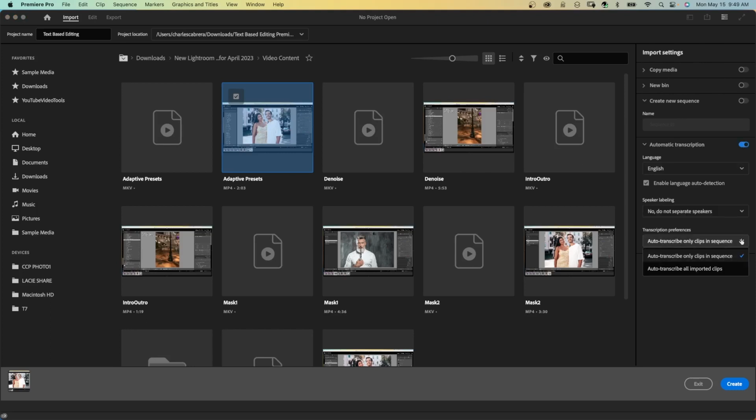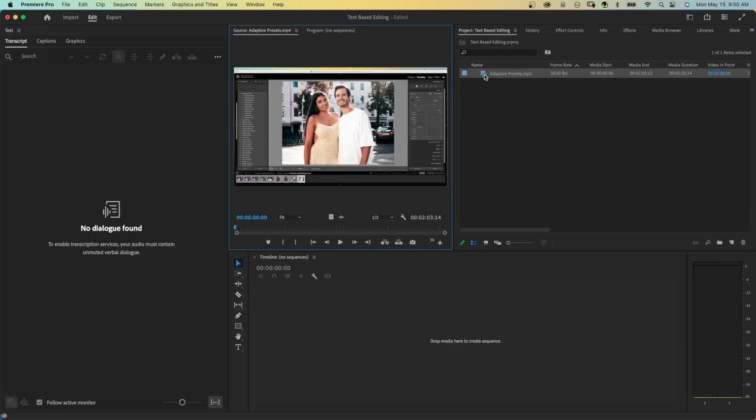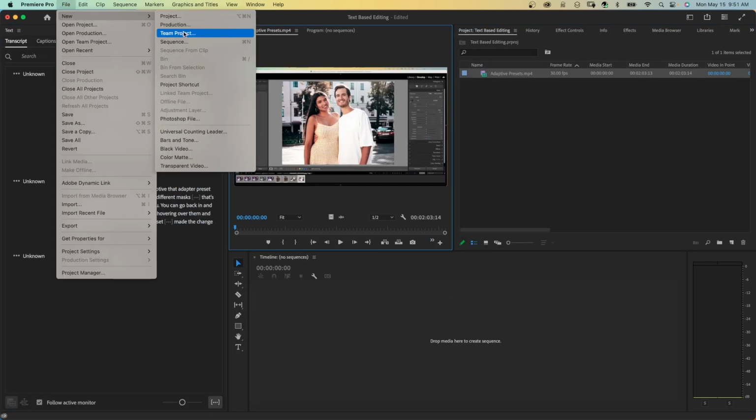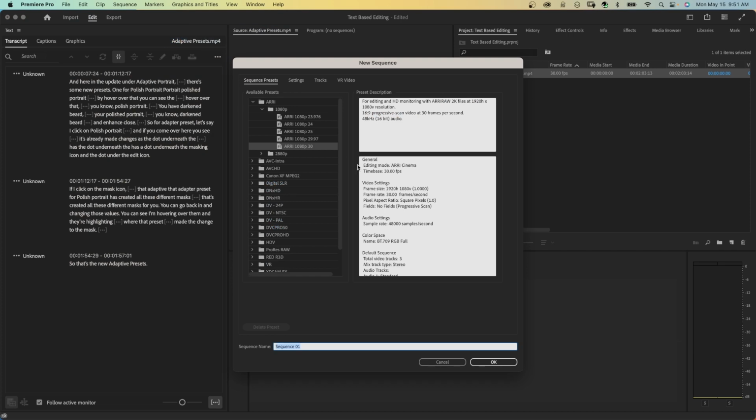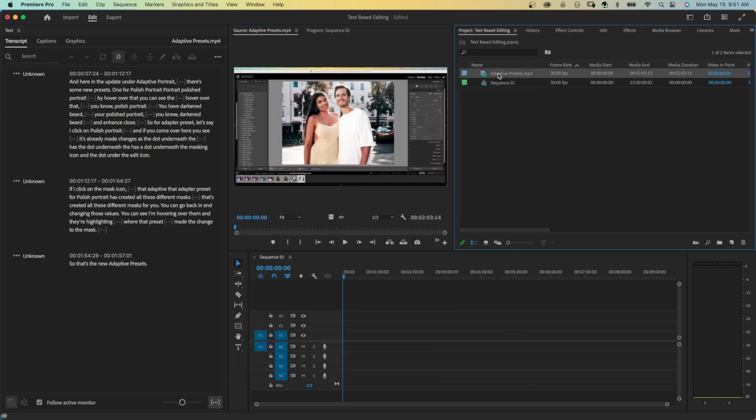Adobe has just released an incredible update to Premiere Pro, and it's all about text-based editing. With the latest release of Premiere Pro, you can now edit video like it's a text document. In this video, we'll deep dive into this powerful new tool and show you how to use it to enhance